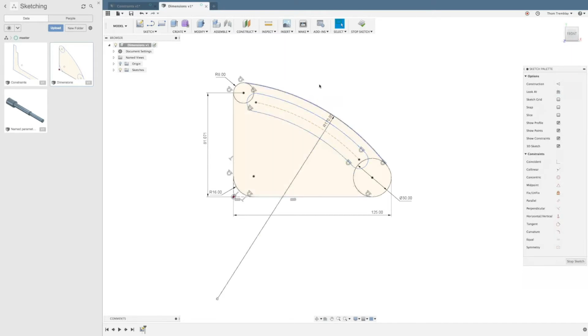I'd like to go ahead and dimension this, and I can use the D key for dimension shortcut, and I can grab the two arcs and it will give me the difference between the two. So I'm not having to always use a radius or a diameter when it comes to things like arcs and this other